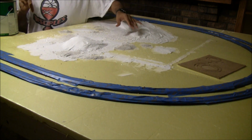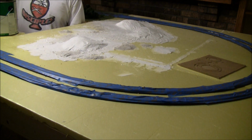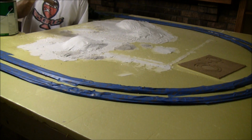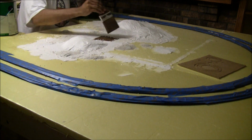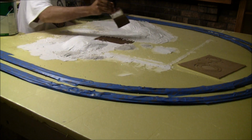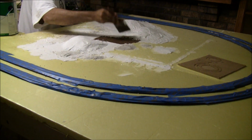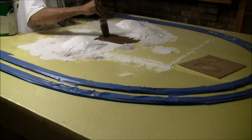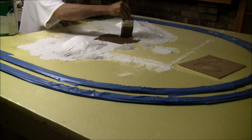So the hills are done. What we're going to do now is just simply apply brown paint. I got a wide brush so I can get more done quicker. And I'm just starting to paint. There's no painting inside the lines or anything like in third grade. You just have to go with it and cover all the areas, and you're going to have to dabble the paint like this